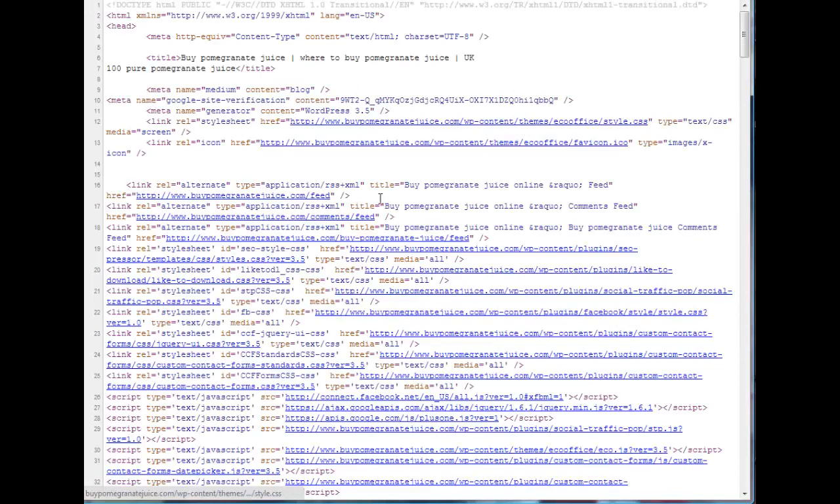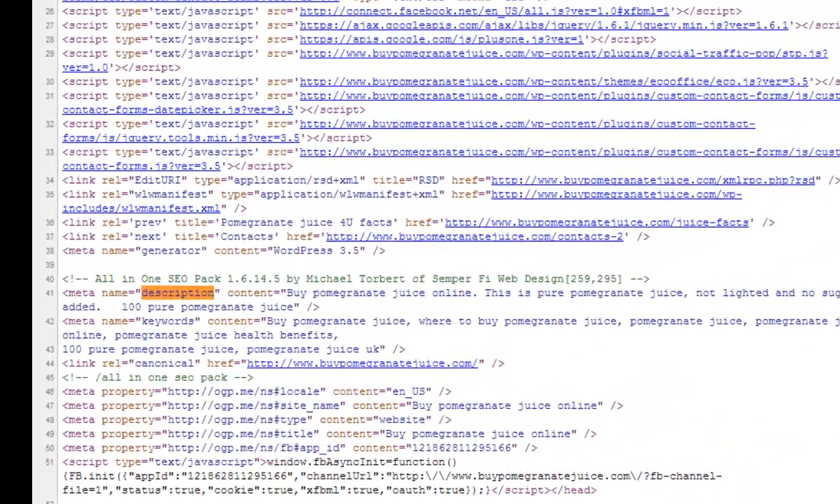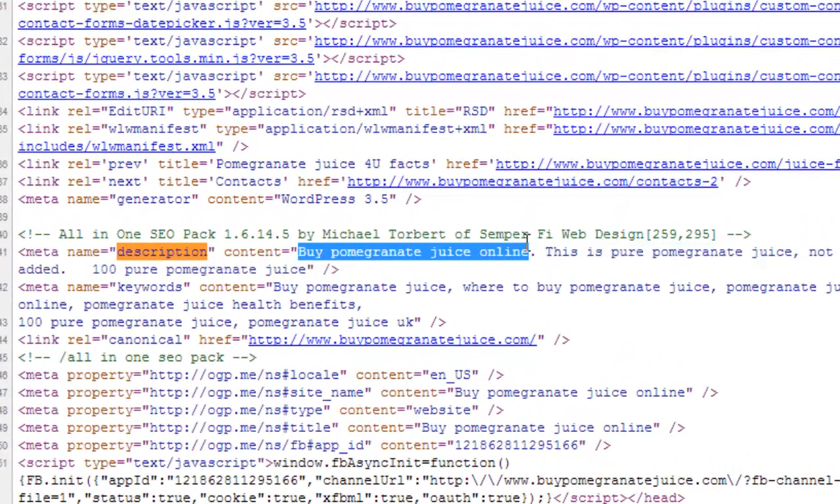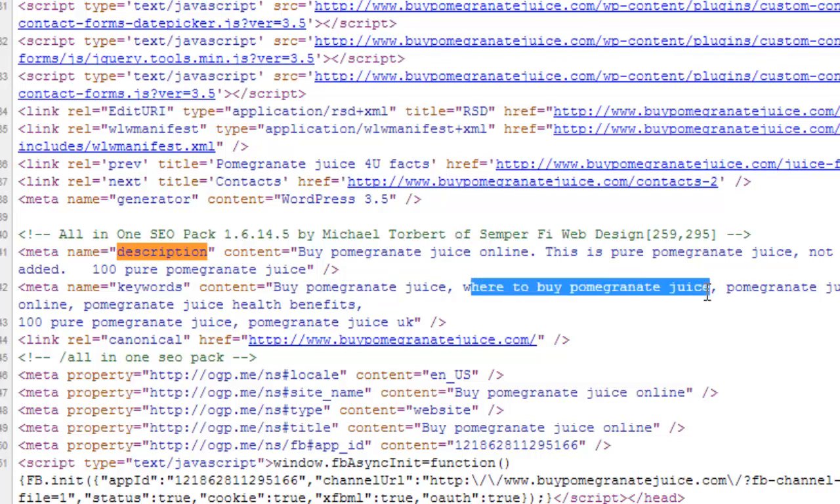If we just have a quick look at the page source, I'd also expect to see the meta tags of this site. Let's look for the description. Okay, the description here: buy pomegranate juice online. There's that phrase. If we look at the meta keywords, we've got buy pomegranate juice as the main keyword, where to buy pomegranate juice, which contains buy pomegranate juice,